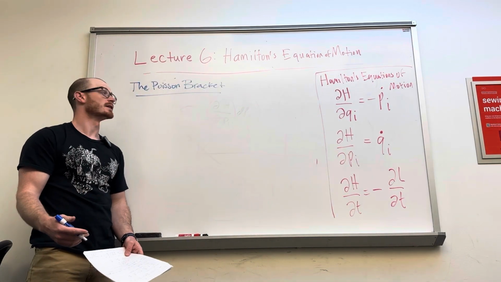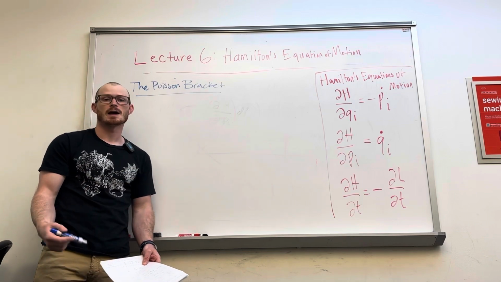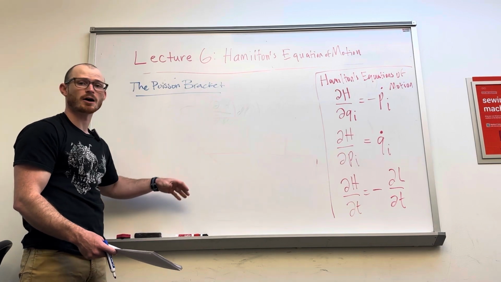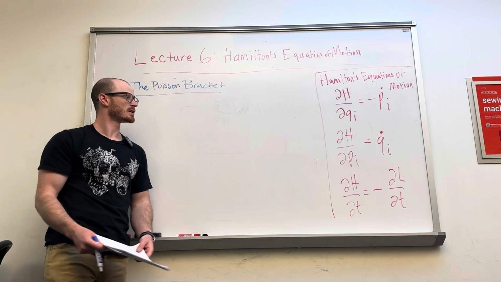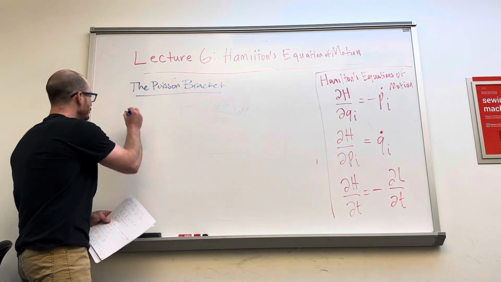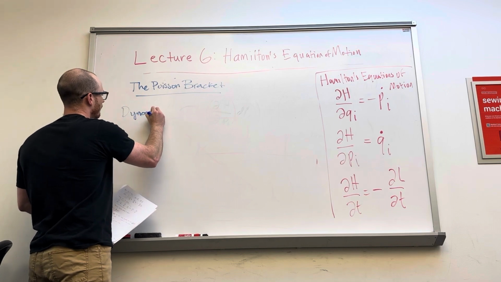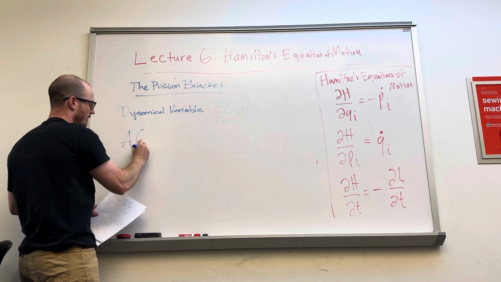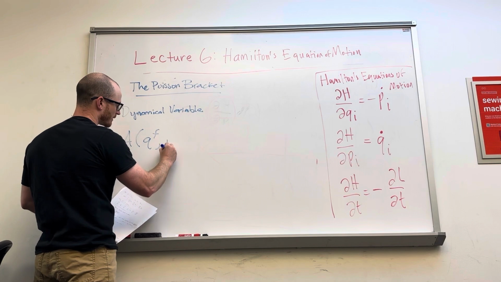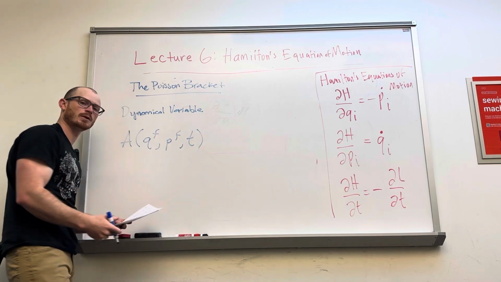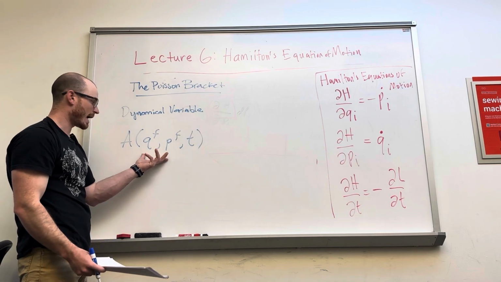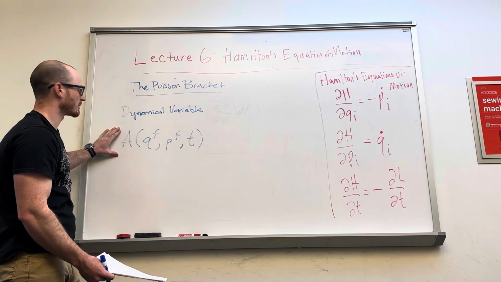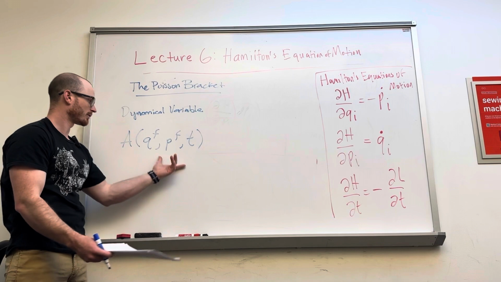The last thing I want to talk about today is something known as the Poisson bracket. And this is going to appear in both classical and quantum mechanics and be a really useful way to think about what are known as dynamical variables in terms of the Hamiltonian. So when I say a dynamical variable, what do I mean? A dynamical variable is some variable that is a function of the generalized coordinates, the generalized momenta, and time. So this could be anything. You know, the Hamiltonian was a dynamical variable. It had the same dependence. But now we're giving some more generality to the problem and saying any dynamical variable that has these dependencies,